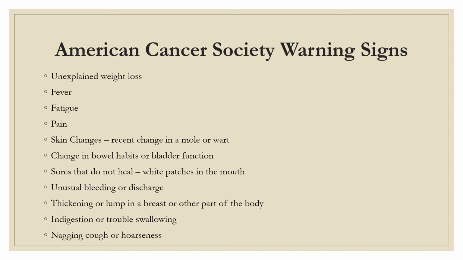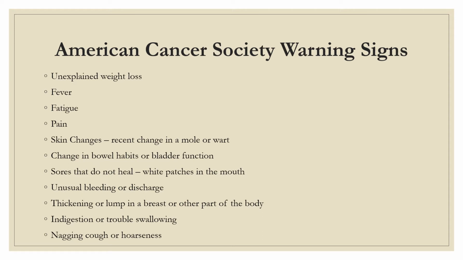Skin changes. This is typically more with skin cancer. We need to look at any recent changes in a mole, a wart, even new lesions coming up on the skin, especially for patients who are more fair-skinned. They have freckles, blonde hair, blue eyes. They're typically more predisposed to skin cancer. Also the different colors of the skin: darkening of the skin could be hyperpigmentation. Yellowing of the skin can be jaundice, so something may be going on with the liver. Reddened skin can show erythema. Itching or excessive hair growth.